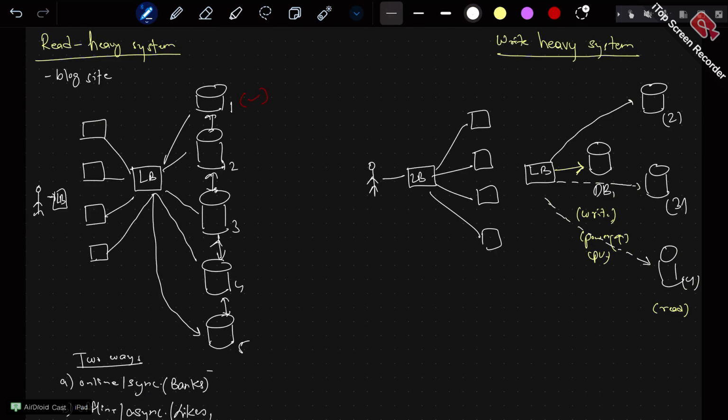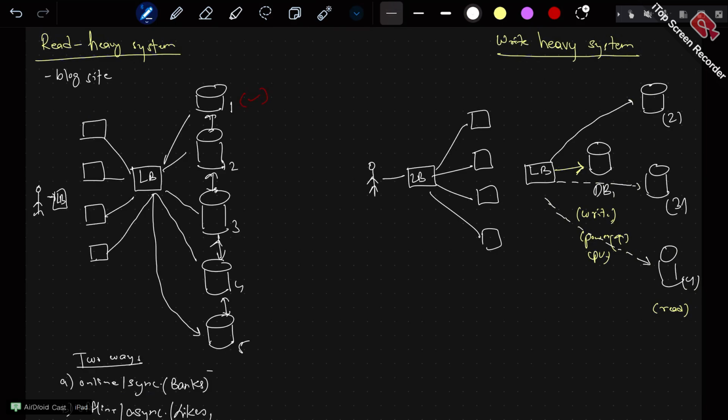For example, you are making a payment, I am making a payment, both hitting the same database server. I am fine, you will be fine, because you want your payments related data to be consistent. You can wait in that case, people won't be offended. But if I am just refreshing the page, and I hit the same database where you are making a payment, you can wait but I cannot wait. That would be a bad user experience for me.